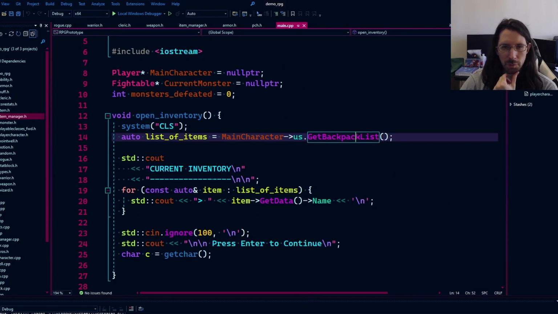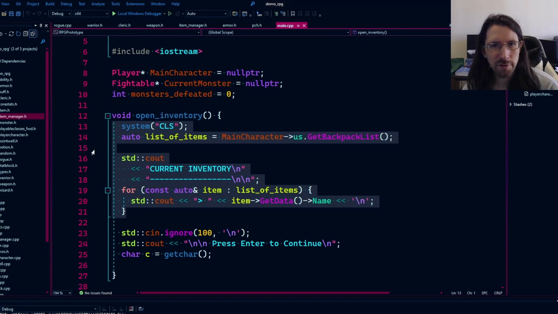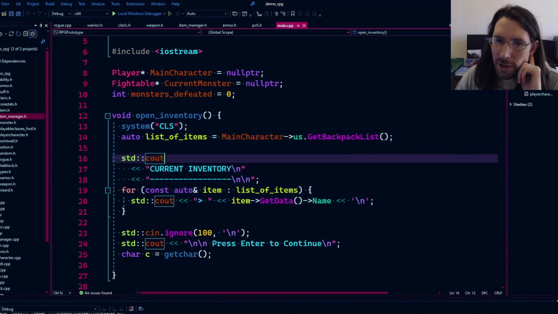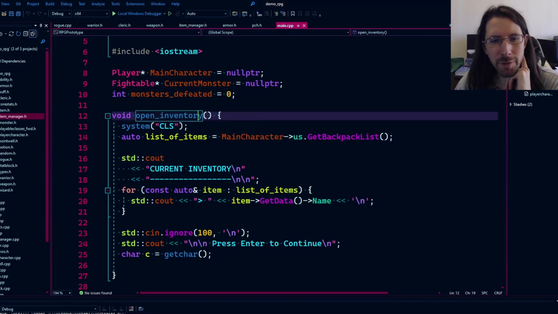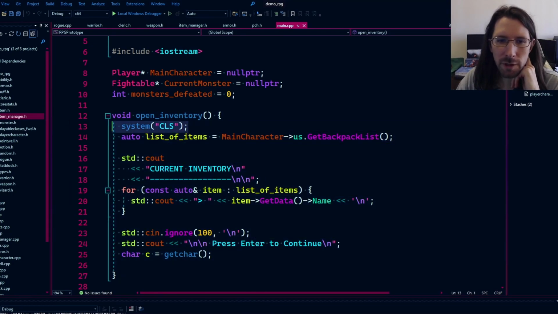But one of the things we really need here is a way to actually select the items, or to say which one we're using or equipping. So in other words, this function is about to get really, really messy. And let's go ahead and analyze here. This function currently is responsible for displaying the inventory, basically. It's got a clear screen, so we get a new screen, gets the list, shows the list,